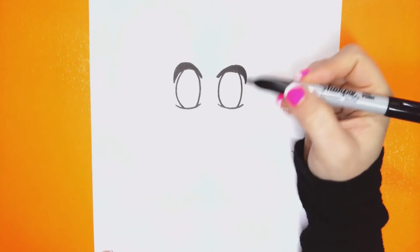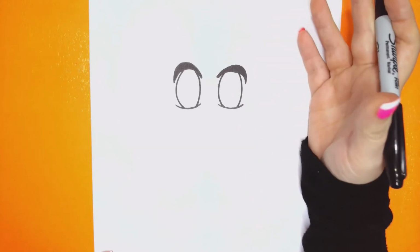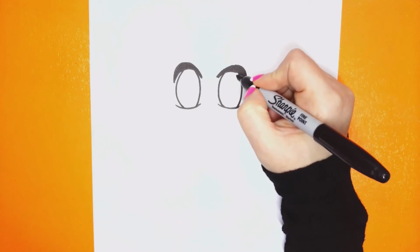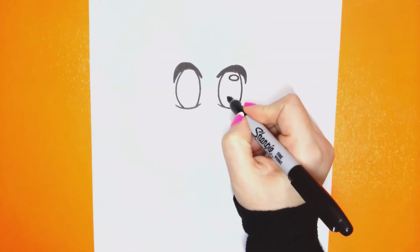pupils in our eyes. We will always have sparkles and we will always have pupils. Unless we're doing some weird drawing that doesn't have eyes. 99.9% of the time we're going to do this. So let's do a sparkle in the top right corner. Come down to the left